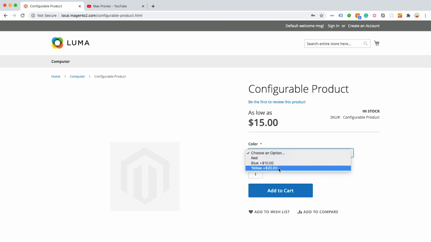And for some stores, for some merchants, it's important not to show additional plus $20, plus $10 and so on pricing for different options such as colors or sizes or any other text-based drop-down